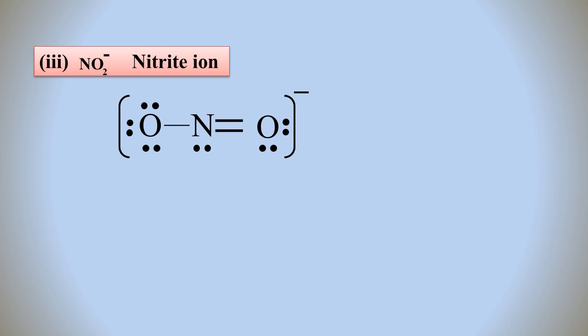So oxygen surrounded by 6 and 2 here have the bond, and nitrogen here have 2 and 3 making bonds with the others. We have here 4 and 4 reaches the octet, and mention here the formal charge of the nitrogen atom